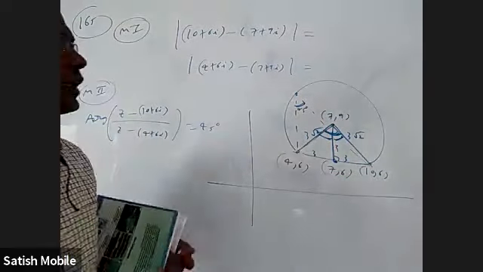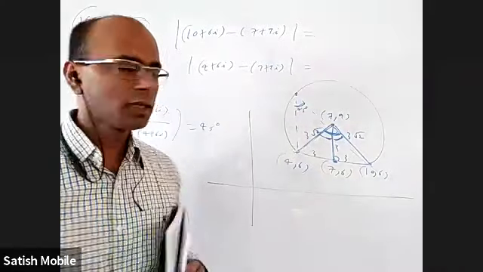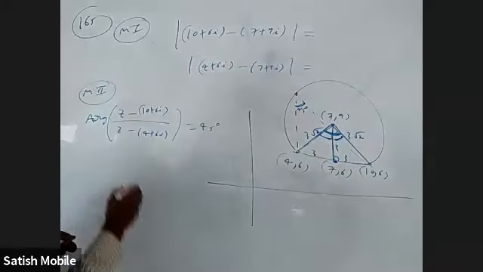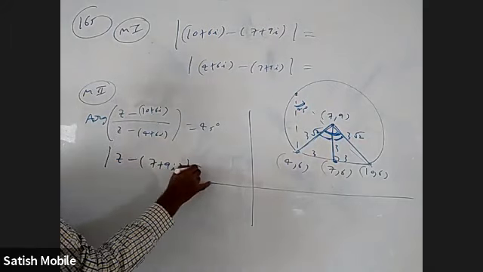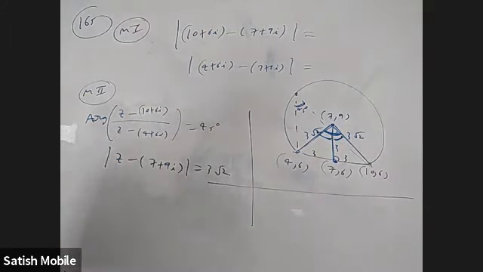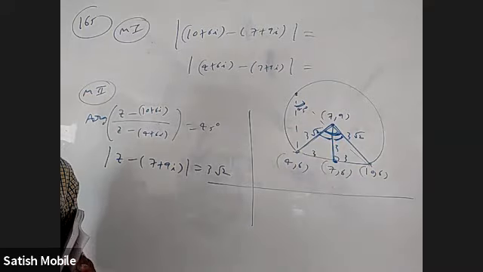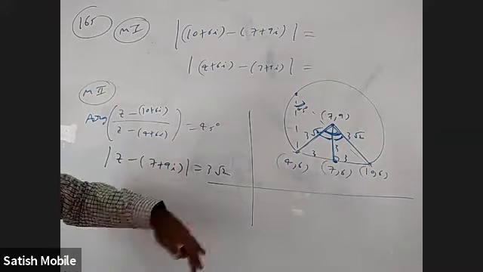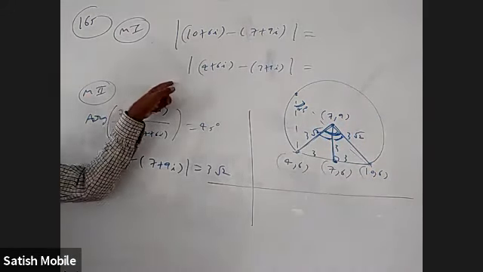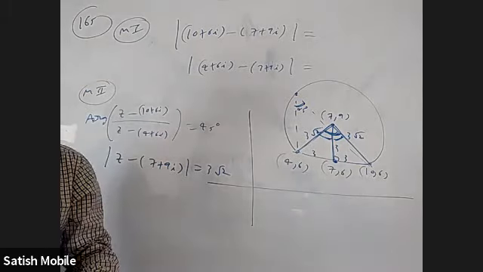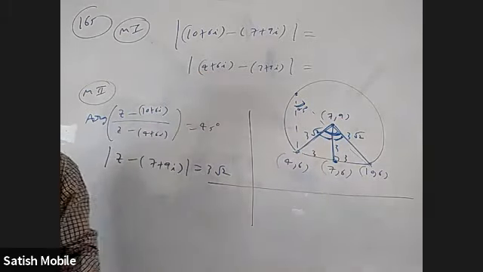So he gave 7 comma 9 already, but I don't have to, I can find it from the figure only. Then what is the equation of this circle? Mod z minus center, which is 7 plus 9i, equal to radius, which is 3 root 2. So without him giving all the details in the question, I know it is a circle, I know what the center is, what the radius is, and I'm able to write the equation. Okay, the previous one is somewhat like an objective one. You have some idea that it is a circle and you substitute the point. Okay, you'll get 3 root 2.